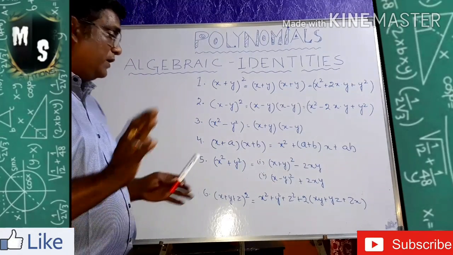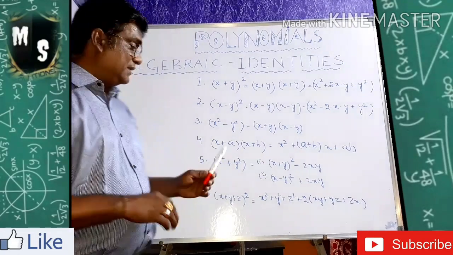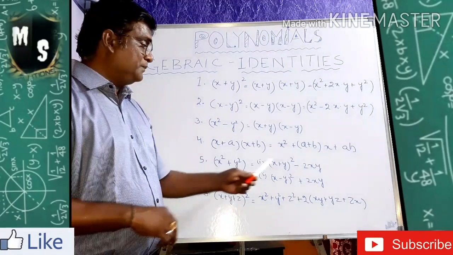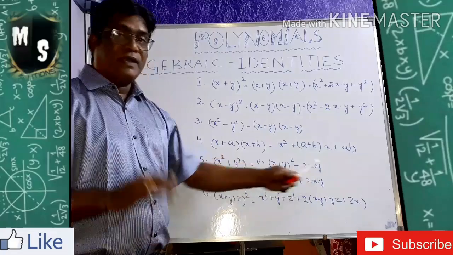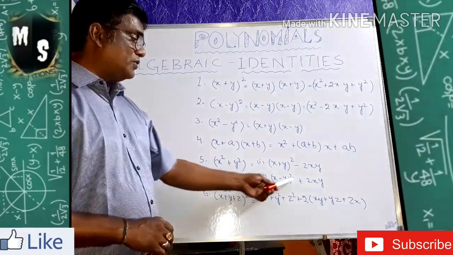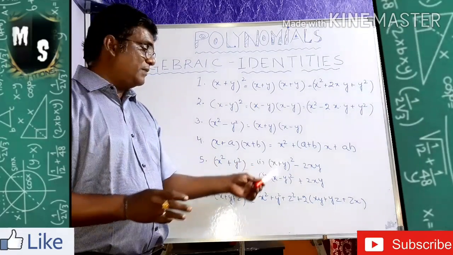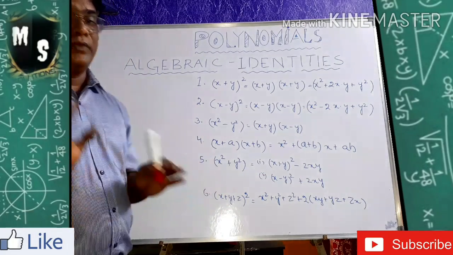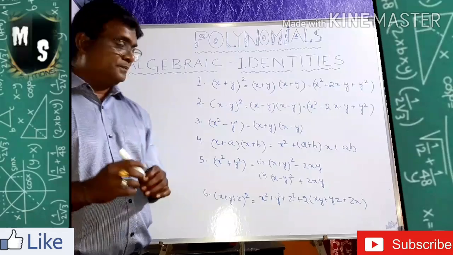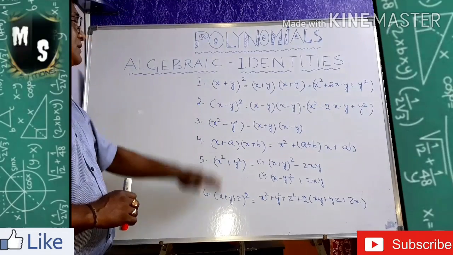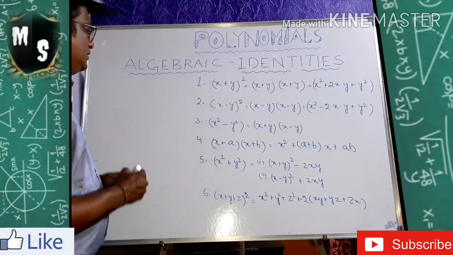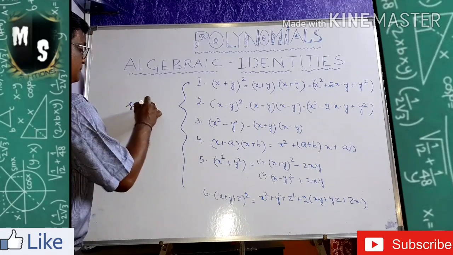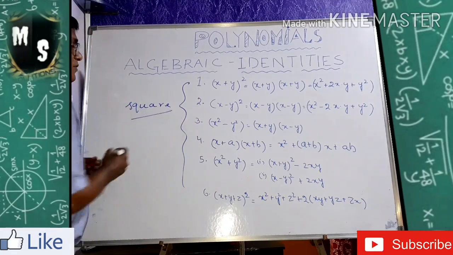Then nobody will do this formula, I know. That is a square plus b square or x square plus y square. It has two formulas: a plus b whole square minus 2ab, and the next formula is a minus b whole square plus 2ab. Everybody eliminates this formula from their mind, but this is a very important formula for doing sums. Please try to remember. These are all formulas belonging to the square section.